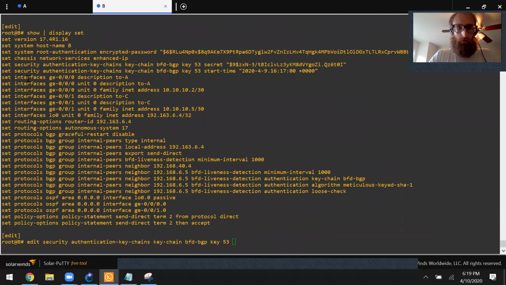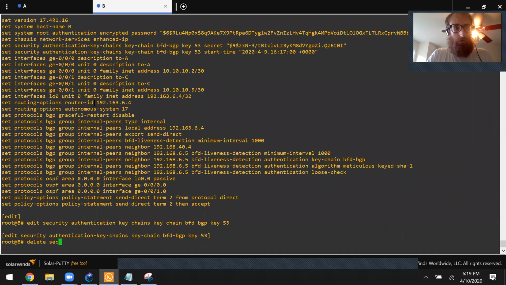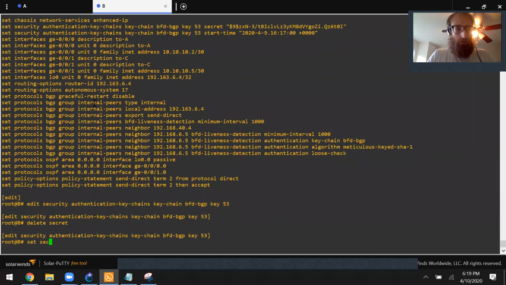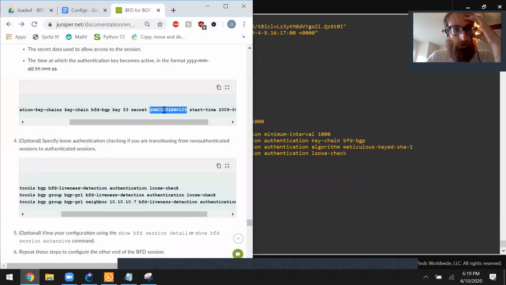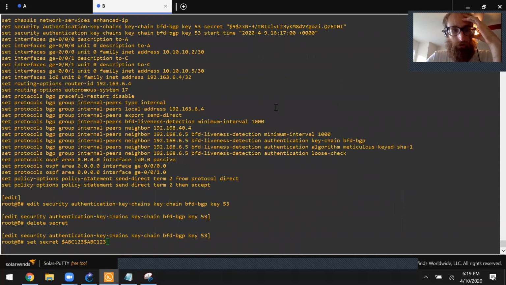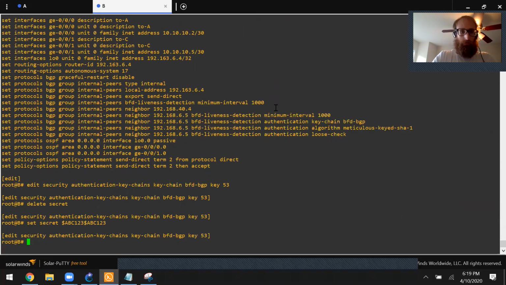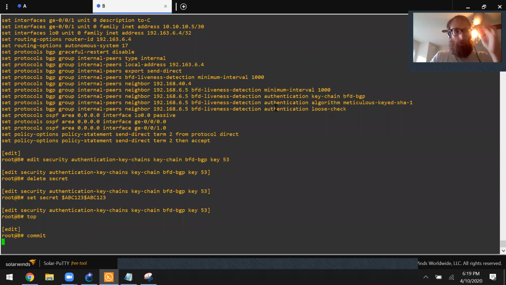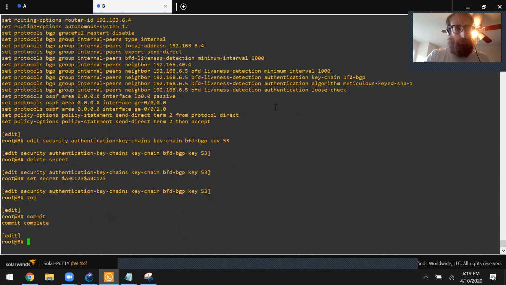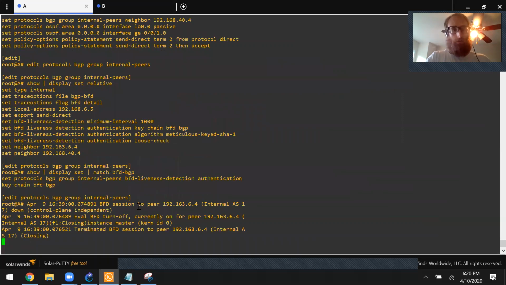Edit, delete, secret, set, secret. You don't need to look it up. Here it is, already highlighted. Enter. Top, commit. Perfect. So now that it's in the right hierarchy,